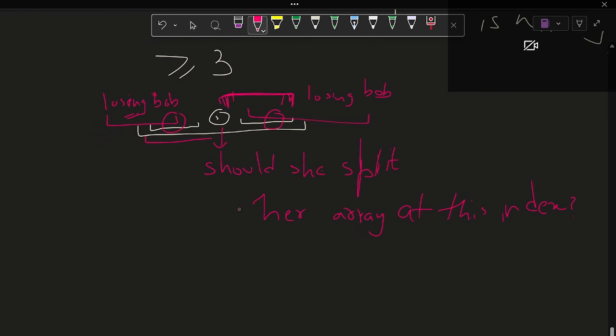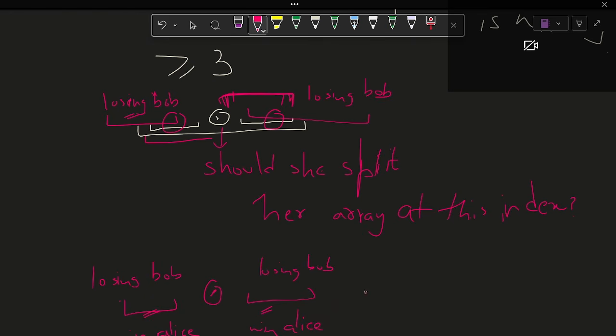So the only case when Alice wins is when both of the right hand sides were losing for Bob, right? This was losing for Bob and this was also losing for Bob, because in any case, if this was losing, even if Bob deletes this part, this will also be losing for Bob, right? So Alice will win only if this is winning for Alice in both the left hand sides and the right hand sides,